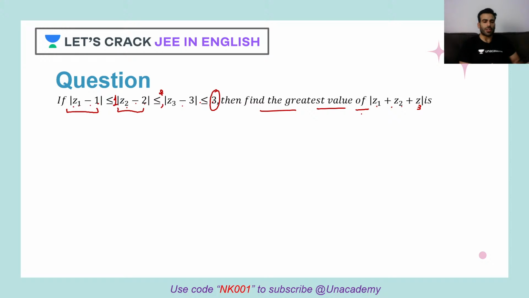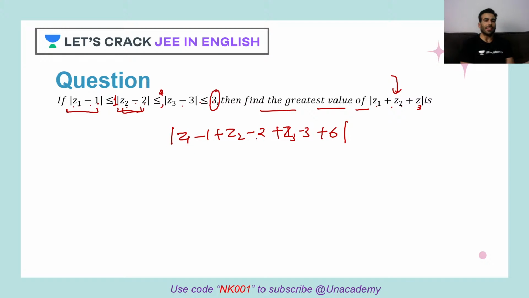When we read this question, the very first thing that comes into my mind is, because I have to use this relation, mod of Z2 minus 2, Z3 minus 3, how can I make these sort of things here? Then I realize, why not? Can I do this? I can write it like this also. Right? I can do this.